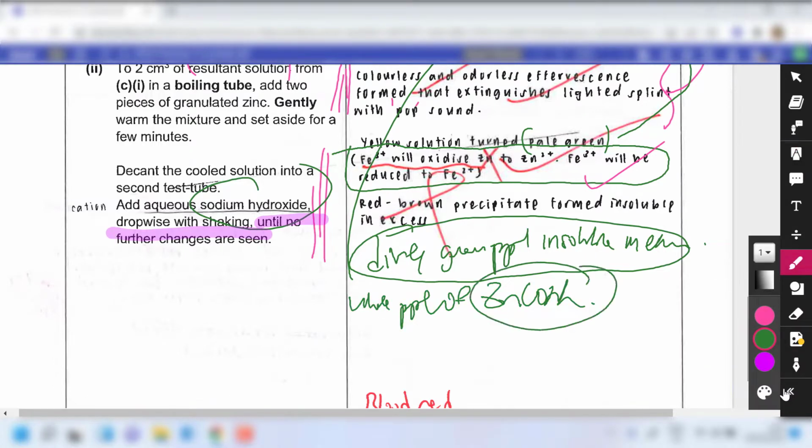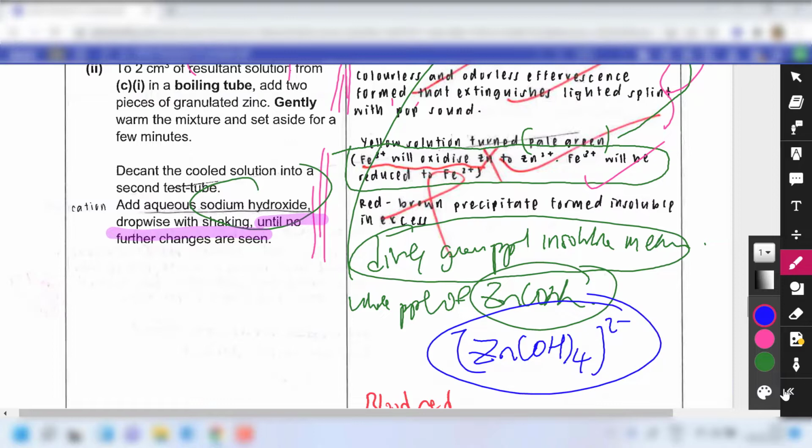Because zinc hydroxide is amphoteric, you will observe that the solution will clear up, meaning that the white ppt of zinc hydroxide will dissolve to give you a zincate complex. The complex is [Zn(OH)4]2-. So this is a zincate complex which is colorless. These are some of the little things which you need to take note of